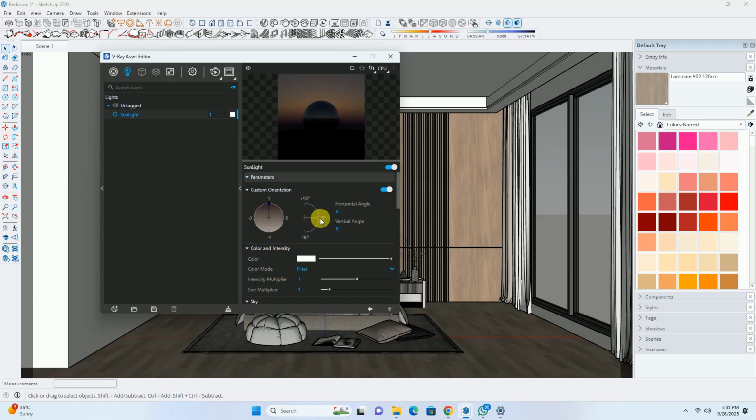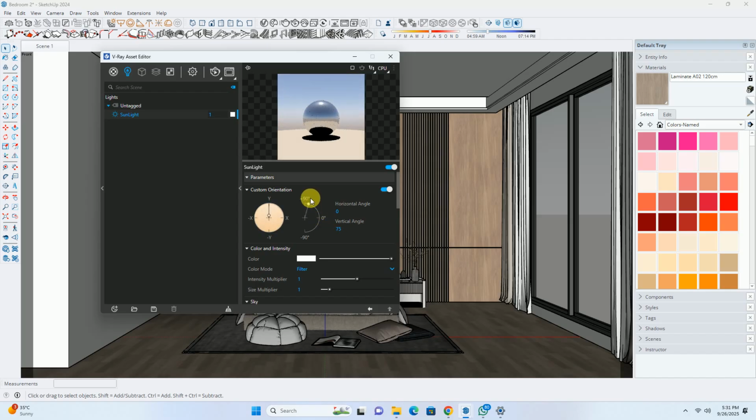Over here there is inclination. That means the sun: if I move it upward, then it will set the height of the sun. Inclination of the sun. So at what height do we want the sun to be inclined? We can set the height from over here, and for direction we can move it from this point. This is our object. We want the sunlight to enter from this point and fall on this wall. So the direction should be somewhat here only, no?